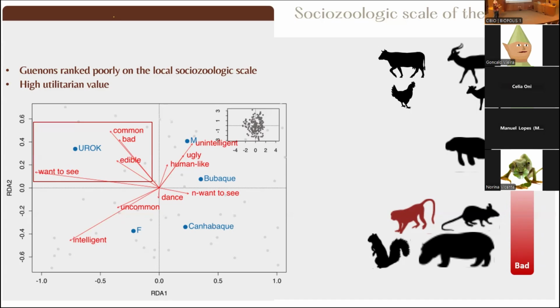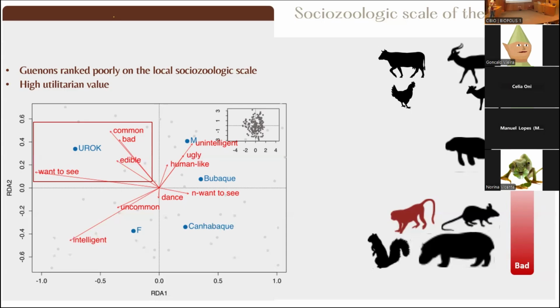Okay, so again, what is this really telling us? It's telling us that for a conservation program in the Bijagós Archipelago, first of all, we would have to look into differences between islands. So it's not going to be the same project for every island. Probably it's not going to be met equally by the local populations, and the way we approach men and women is probably going to have to be different, right?